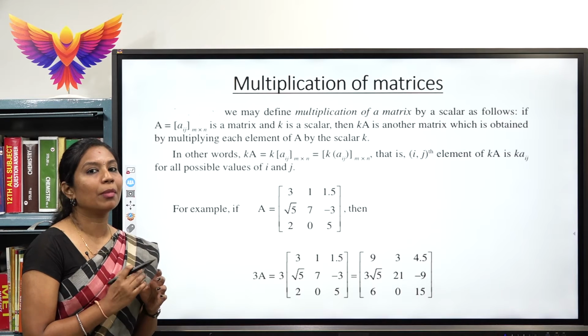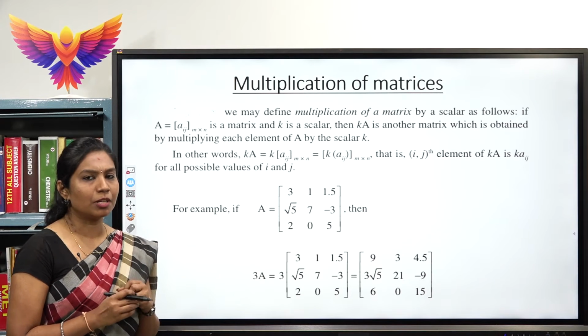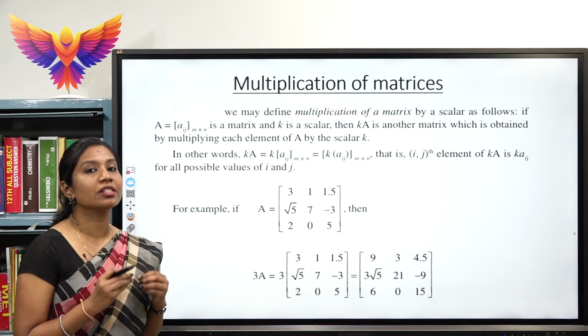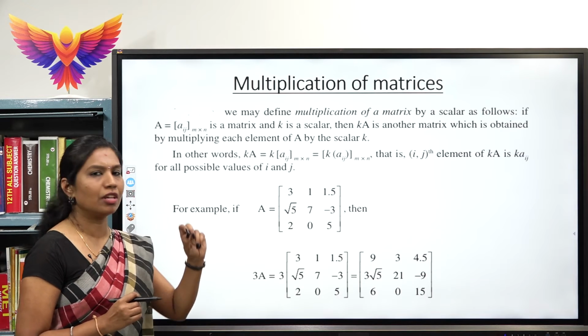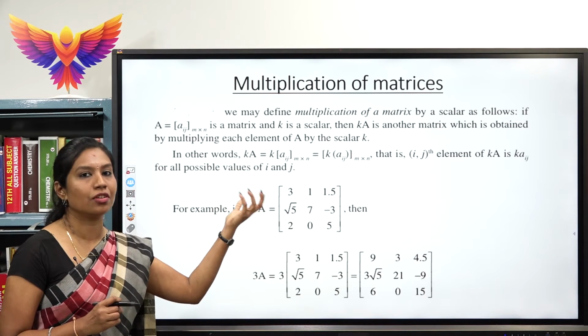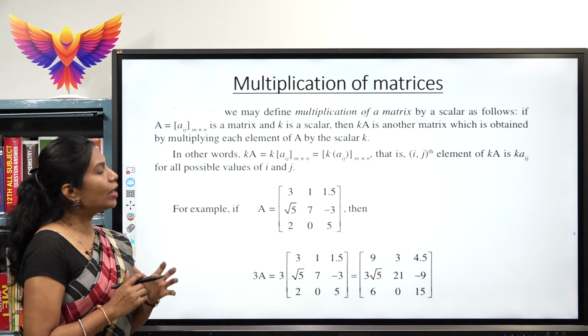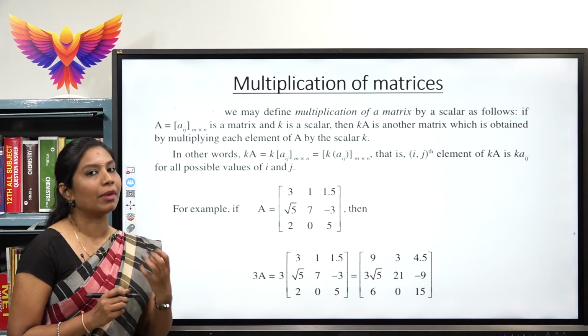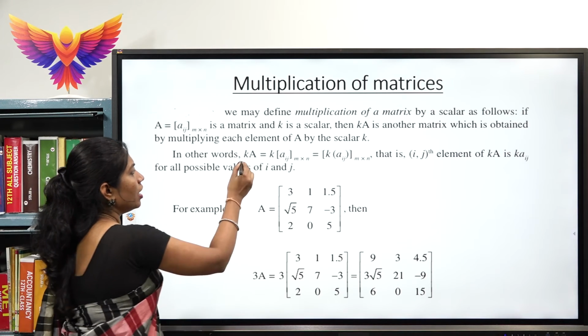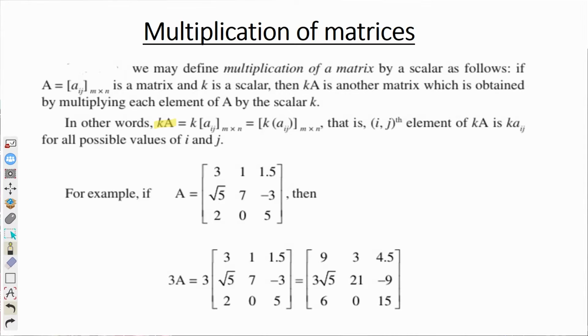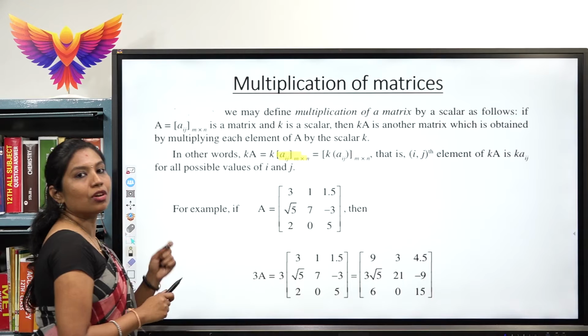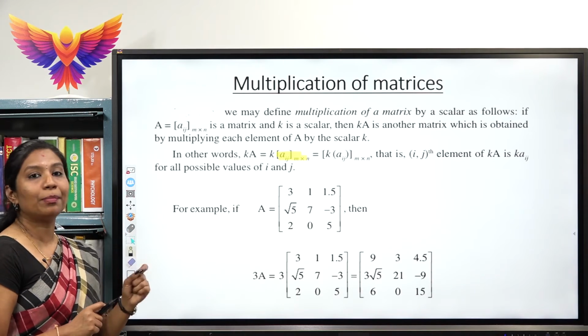Next, we come across multiplication of a matrix. In this multiplication, I have already discussed what a scalar multiplication is. We will see once again what exactly the definition states. Whenever you have a scalar with the matrix, suppose I have k into A here. How do I multiply that? a_ij are the elements of the matrix. Each and every element of a matrix will be multiplied with the scalar.